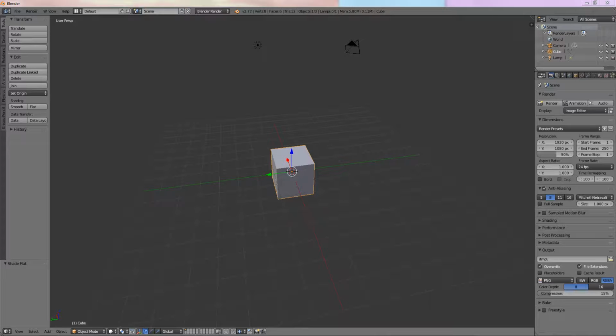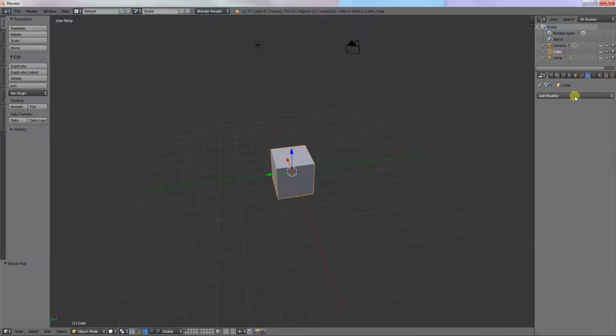Okay, so today we're going to be looking at the lattice modifier. The lattice modifier deforms the base object according to the shape of a lattice object. Okay, so modifier